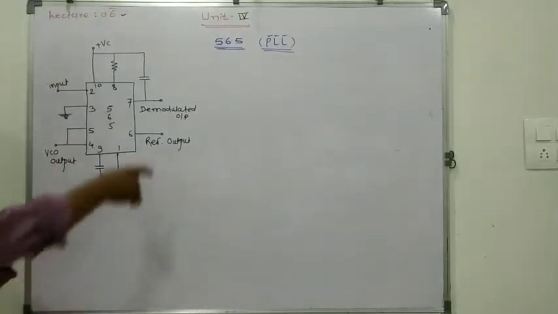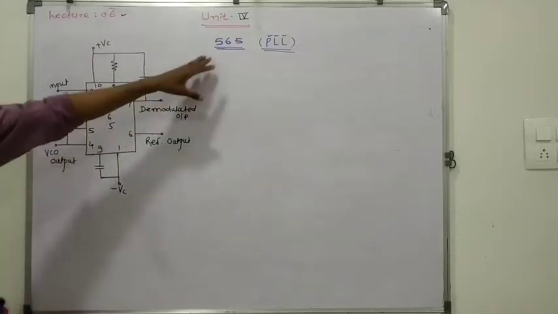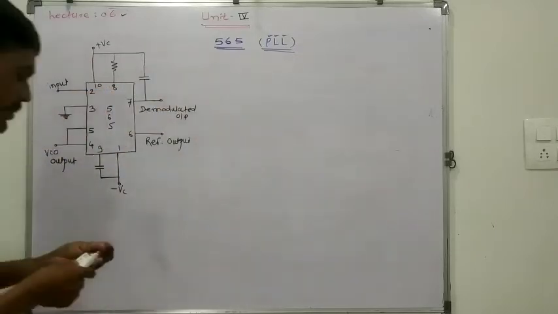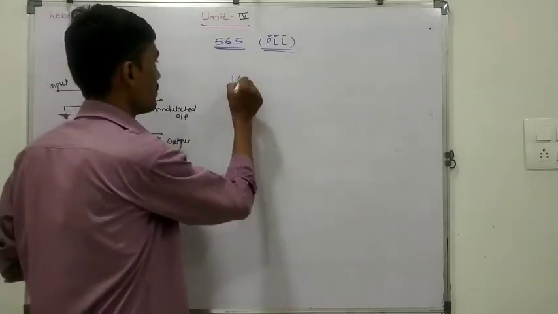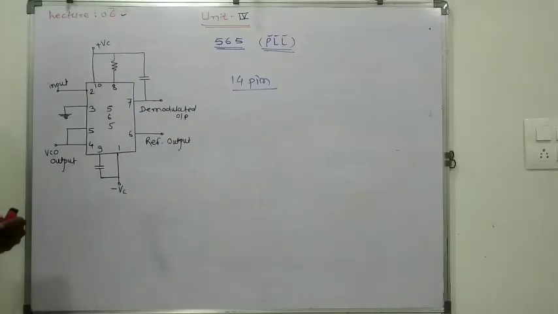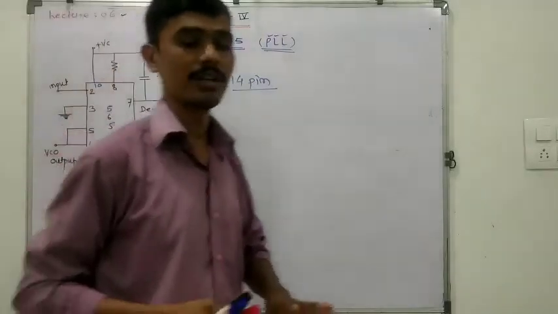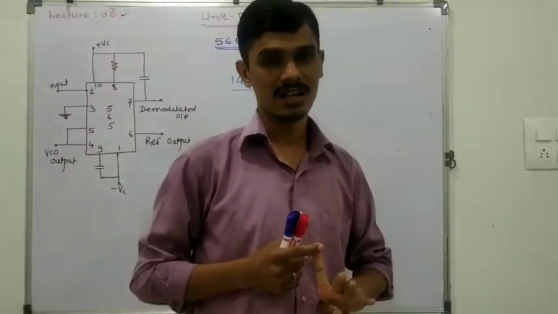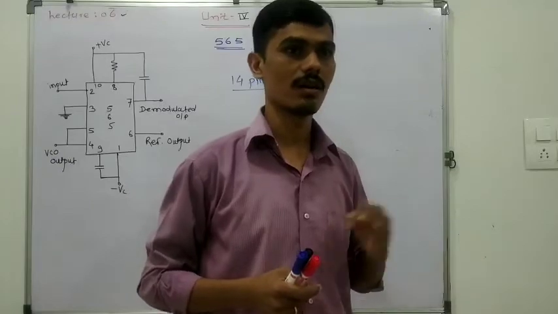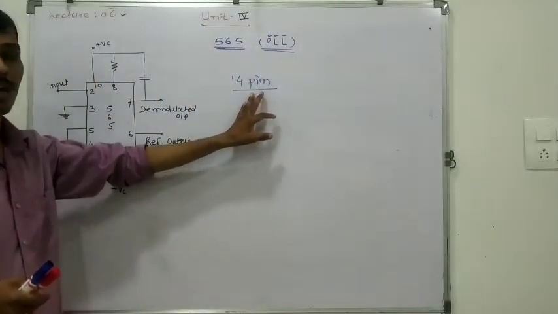So the overall circuit diagram or block schematic for the 565 is like this. Basically, this 565 is a 14 pin IC. Out of that, 4 pins are not connected to anything. That is nothing but the NC. It is not connected to any input signal, output signal, or any resistor or ground. So only 10 pins are working.